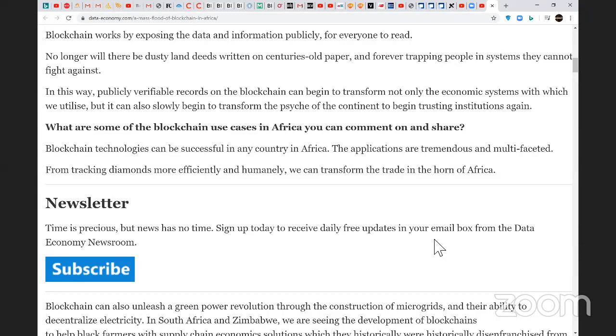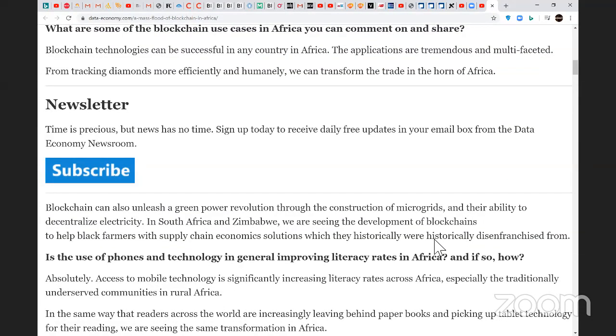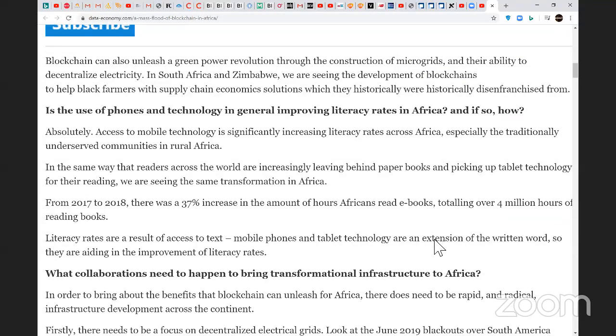What are some of the blockchain use cases in Africa you can comment on and share? Blockchain technologies can be successful in any country in Africa. The applications are tremendous and multifaceted. From tracking diamonds more efficiently and humanely, we can transform the trade in the Horn of Africa. Blockchain can also unleash a green power revolution through the construction of microgrids and their ability to decentralize electricity. In South Africa and Zimbabwe, we are seeing the development of blockchains to help Black farmers with supply chain economic solutions, which they historically were